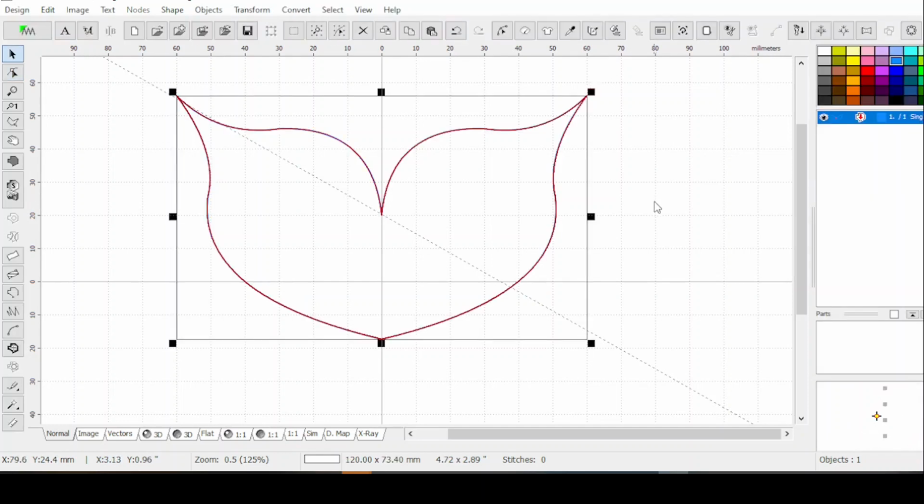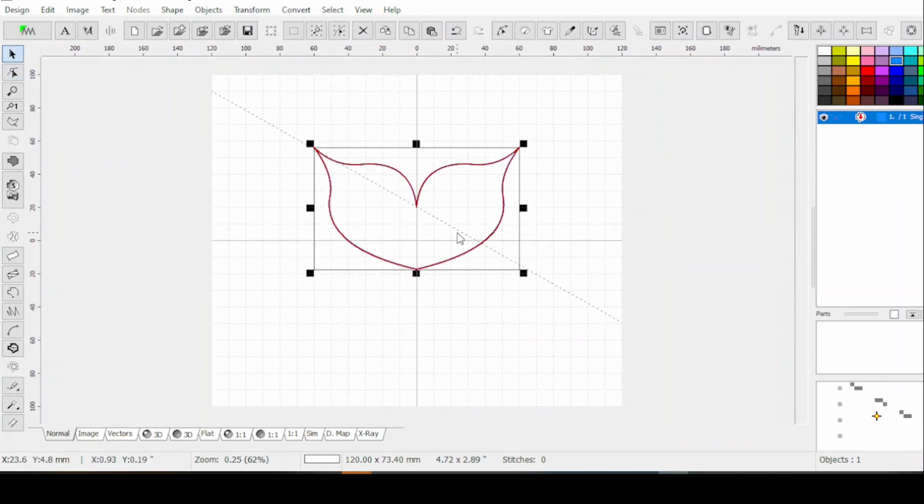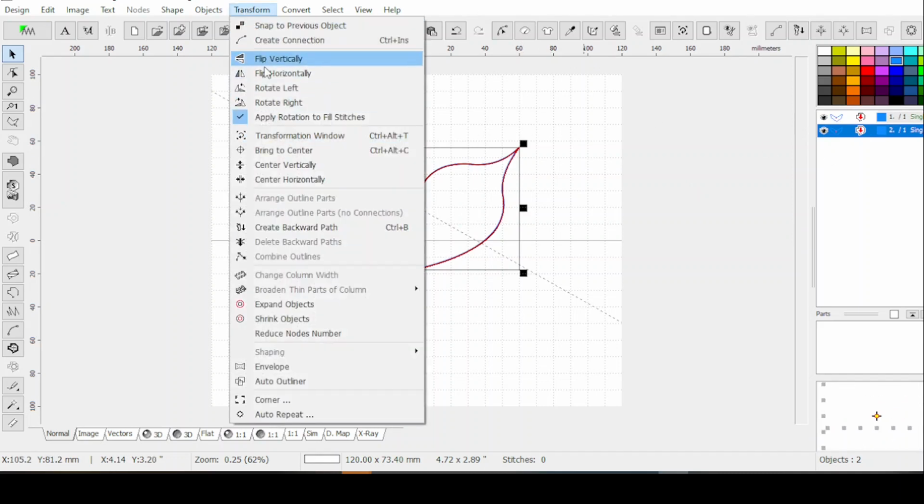And that could be the top part, or it could be part of a flower you're going to make, or whatever. And then you can actually just copy and paste it, Control C, Control V, and flip this one